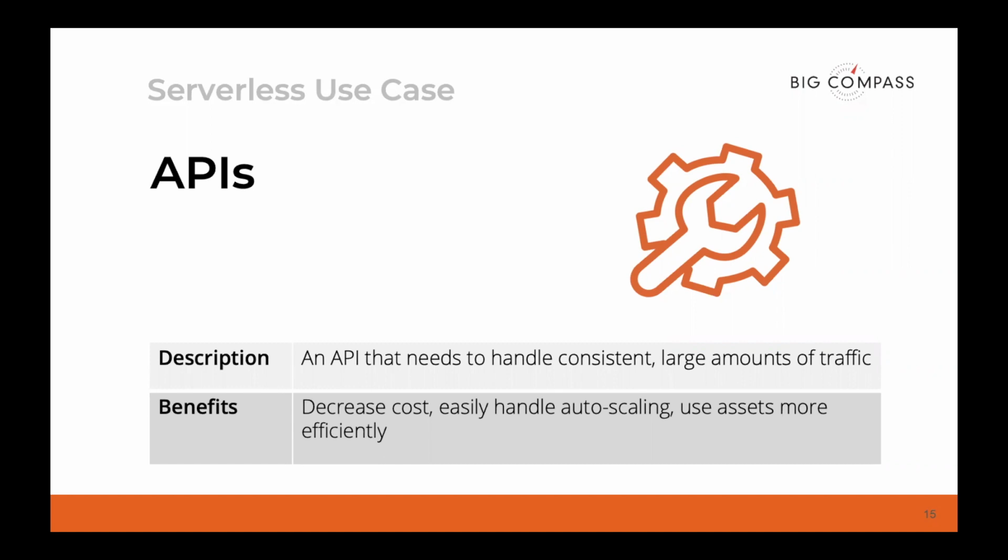And so you don't have to think about how these services like API Gateway and Lambda scale out. They'll do it for you. It's built into the platform, which is such a great benefit. And ultimately, instead of you having to scale up your servers, you just don't have to worry about it with the pay-as-you-go model. Maybe at night you don't process any orders. And again, you're going to take advantage of that scaling in and you're going to save a whole lot of costs. So APIs is a great use case for absorbing workload with serverless implementations.